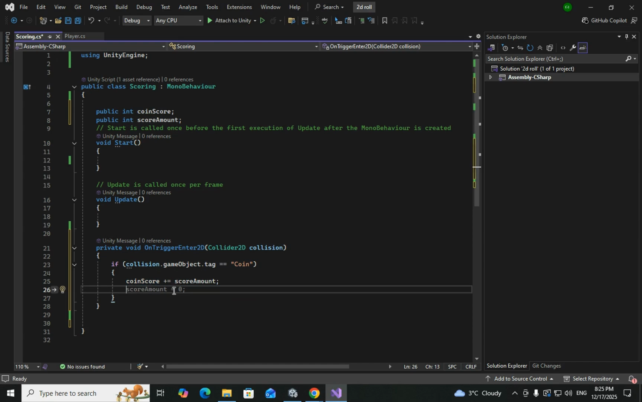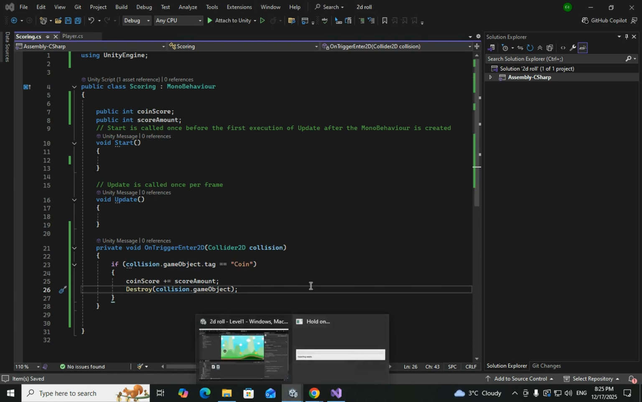Also, we can remove our coin after we pick it up. So we can say Destroy(collision.gameObject). So we are destroying the game object which we collided with, in our case, our coin. So basically, we can save the script. We can go back,